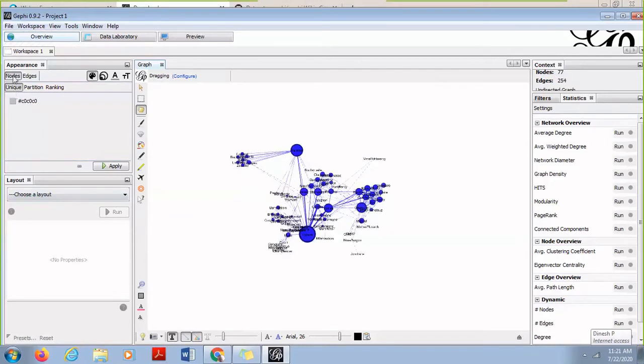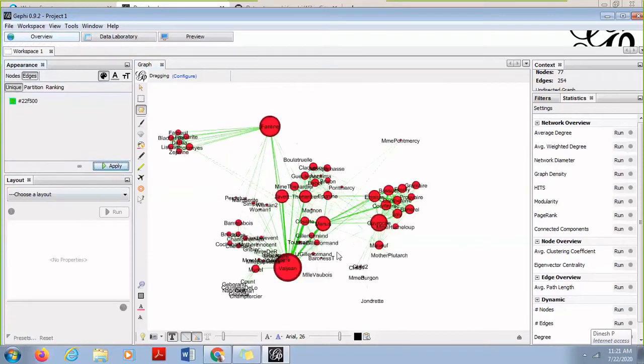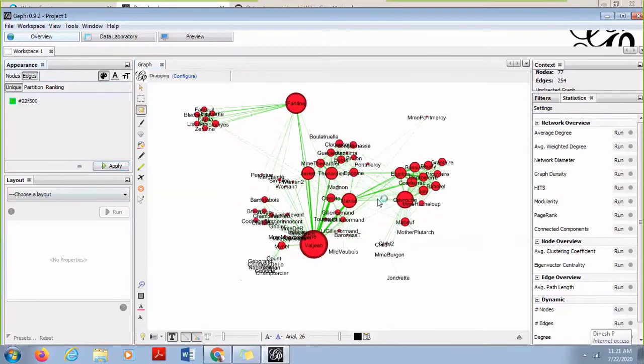So this is the node type, which allows you to give a color to the node. If you want to select a color, you can just select a color from here. Let's say I select red, and when I say apply, it will give this color to the nodes. The same can be done for the edges also. If I want to give a different color to the edges, I click on this, select the color which I want, and say apply. You can see a different color is being applied to the edges also. So this way you can color the graph as per your requirement.